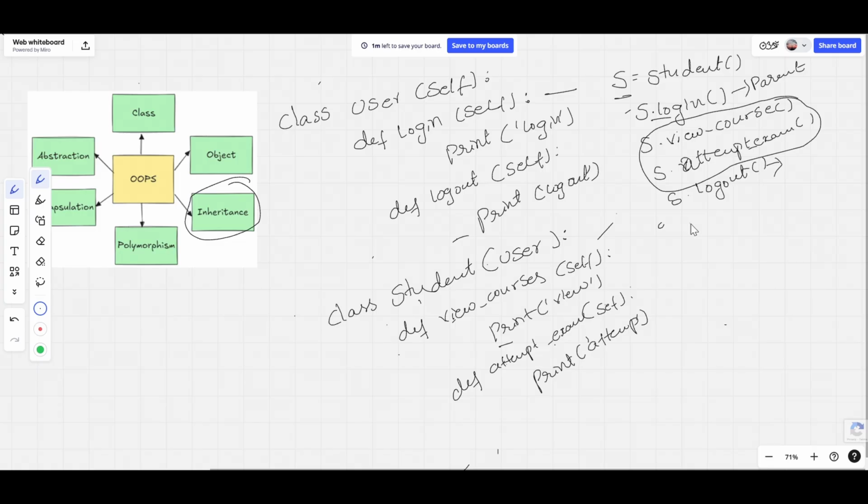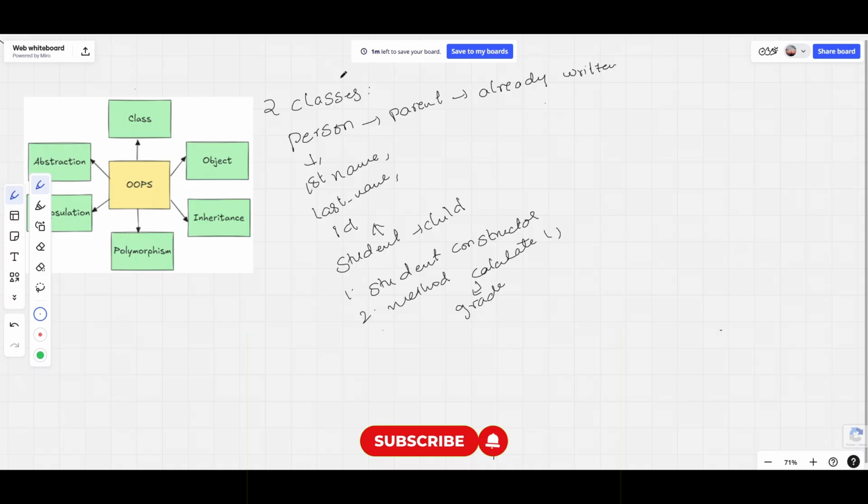Now let's understand the problem statement for today's HackerRank problem and try to solve it. We are given two classes. One is the Person class, which is the parent class, and it is already written. It contains last name, first name, and ID.